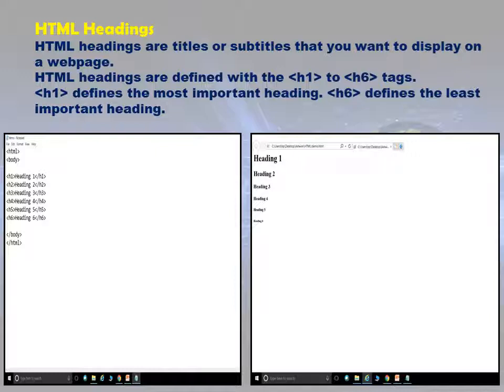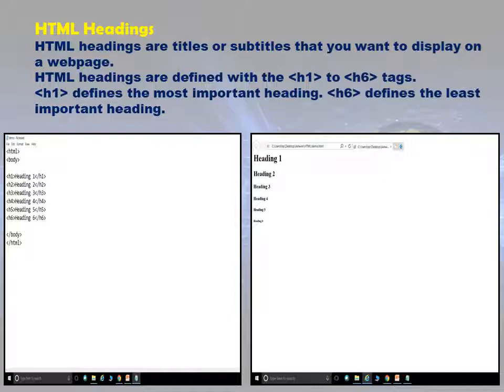Now see, in a code, HTML body, then H1 heading 1 closing of the H1, H2 heading 2 closing of the H2, H3 heading 3 closing of the H3, H4 heading 4 closing of the H4, H5 heading 5 closing of the H5 and H6 heading 6 and the closing of the H6. Now closing of the body and closing of the HTML. So this is the code we have written in a notepad.